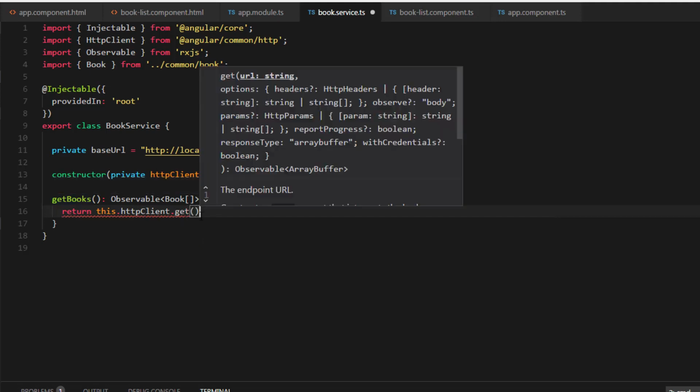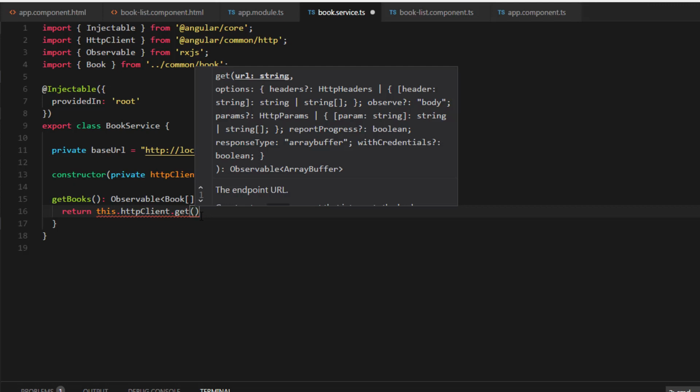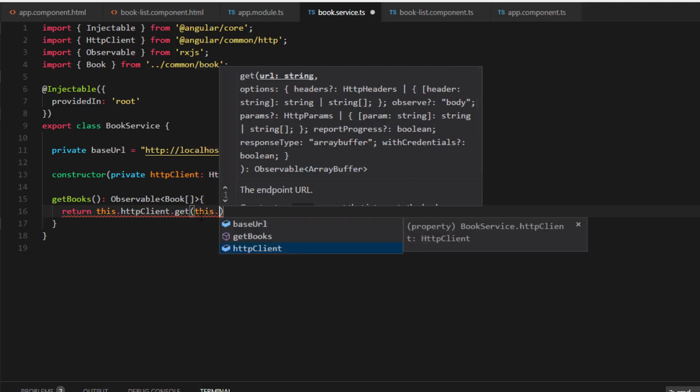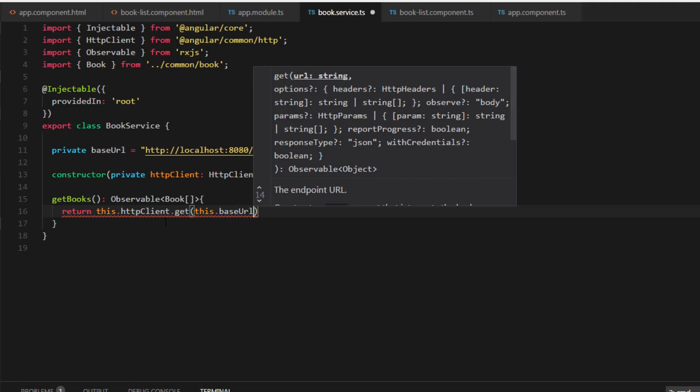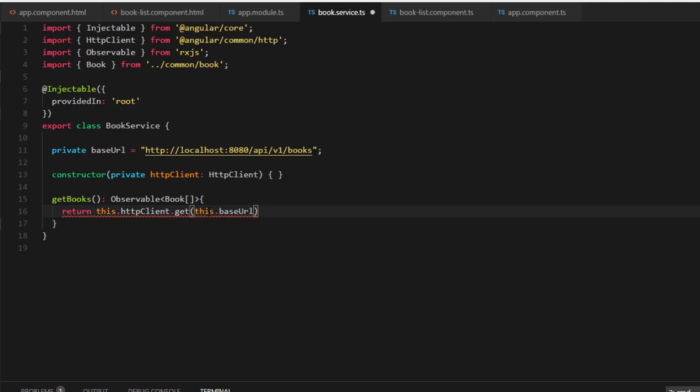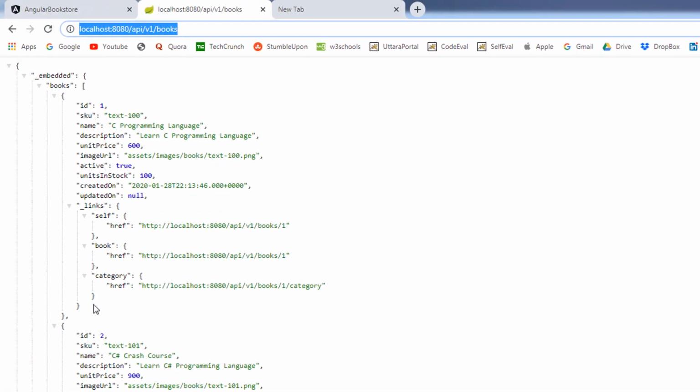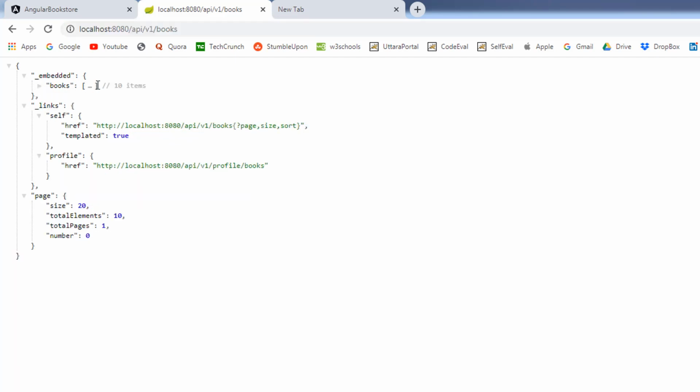So let's issue a get request, and to this get method we are going to pass the web service URL. In our case it's the base URL, this.baseUrl. When we issue a get request, this will return a response. If you take a look at the response, this is the response we will get, and we are interested in the book array.